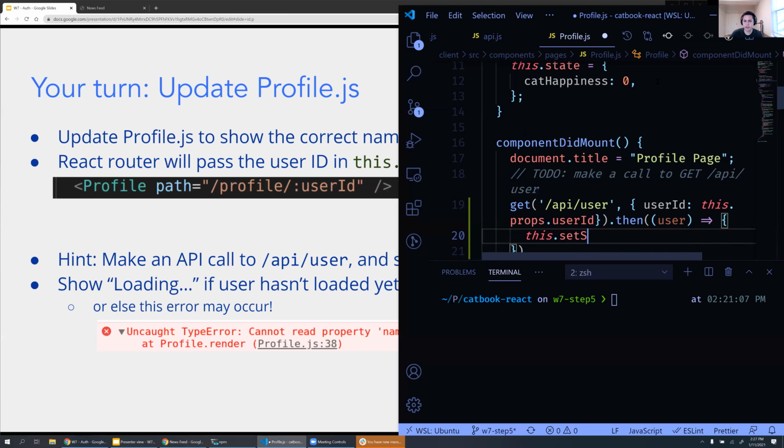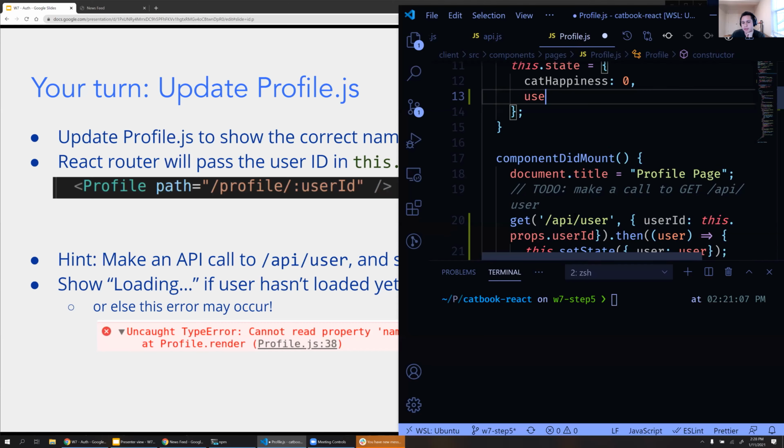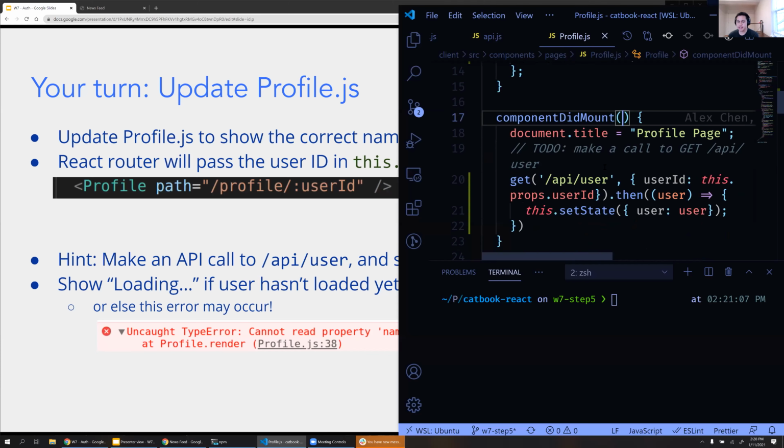Cool. And let me update the state here. Okay, so when the component mounts, it makes a GET request to the backend, gets the user ID from the props, which get populated by the fancy routing that we did with the colon. Then one thing that we added here, because we're actually making a GET request, if we try to load the site